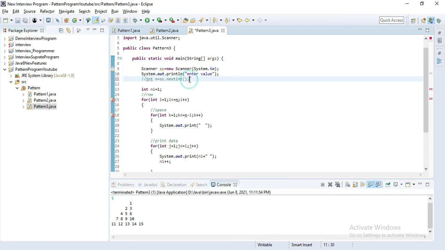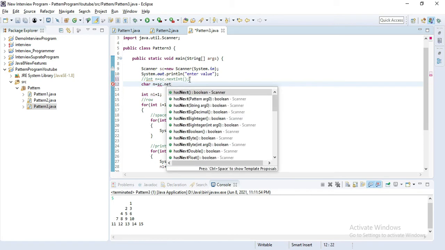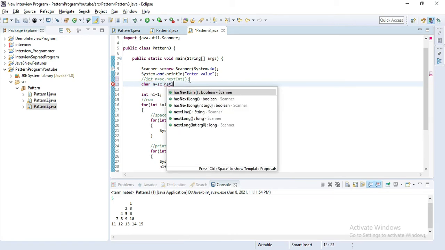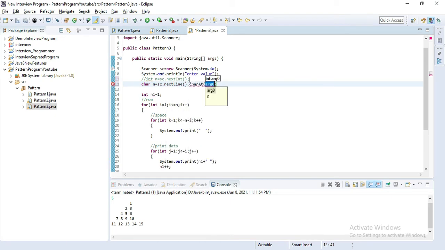I'll comment out the previous one and define char n equal to sc.nextLine().charAt(0), because we are going to take a single character, not a bunch of characters or a big string.